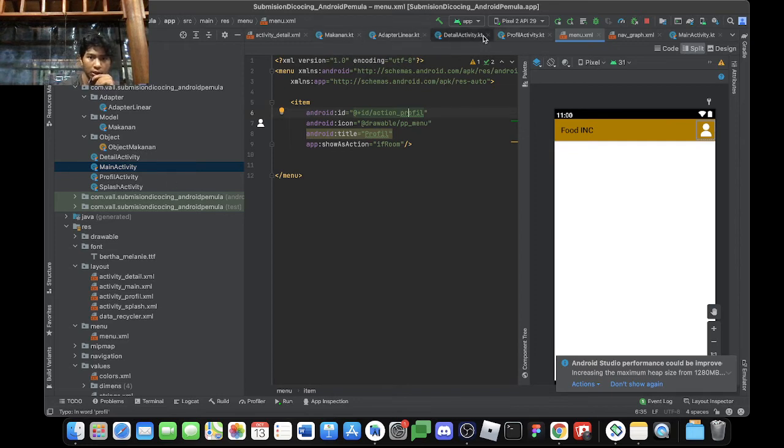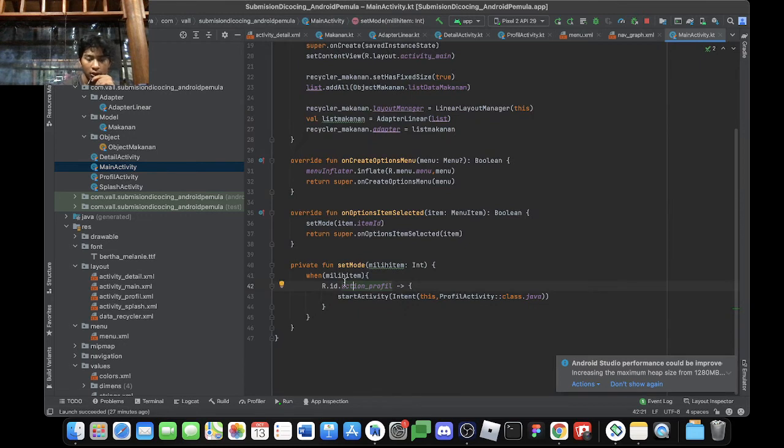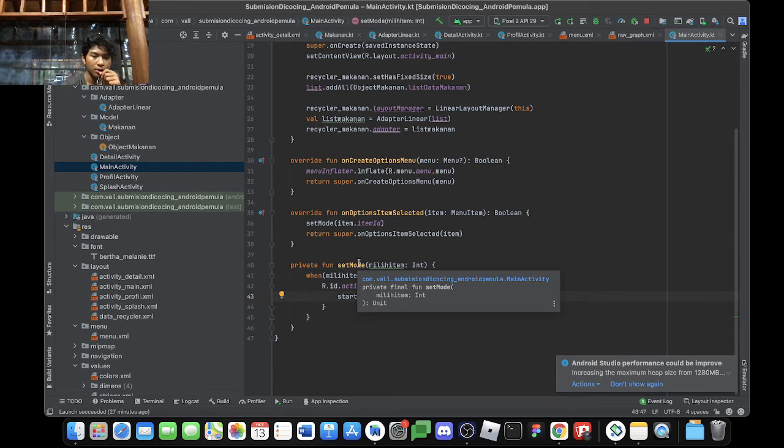So yeah, R.id dot the action ID, the item, and then curly bracket, startActivity intent inside of normal brackets, this, ProfileActivity, because this item will be moving you to the profile activity. Okay, ProfileActivity::class.java inside of normal brackets.